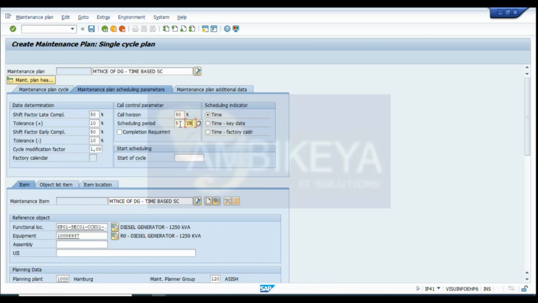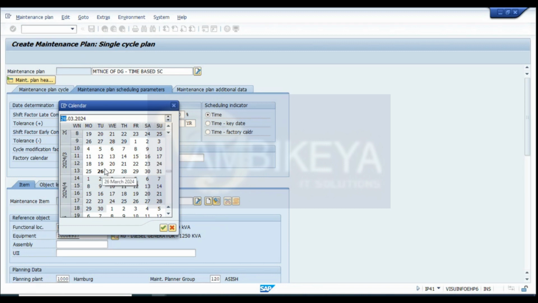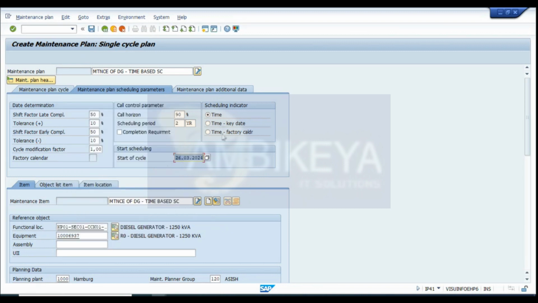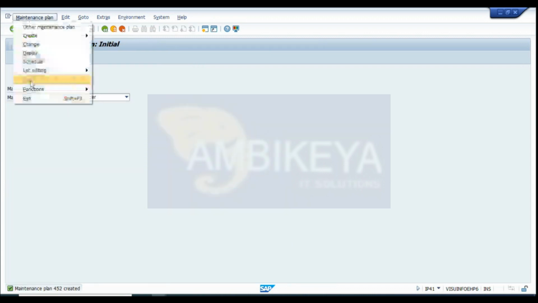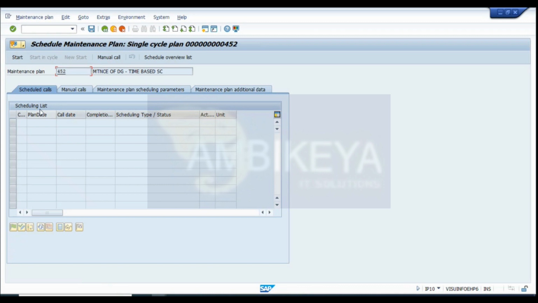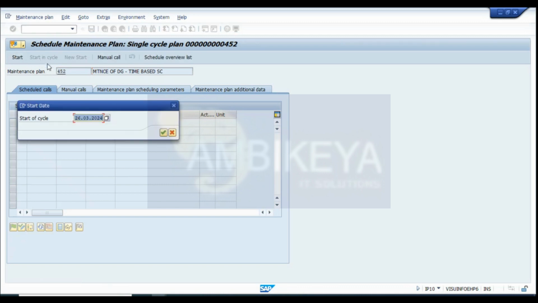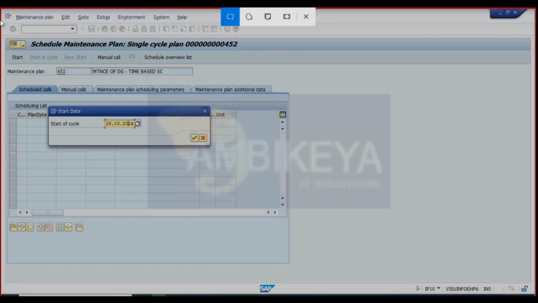Here 5 years or some 2 years I'll do it. Okay, start of cycle, example say today it is 26th, time period, maintenance plan scheduled 1000, okay, so save. Now let me go for the schedule of this one, enter start in cycle. इसमें साइकिल नहीं है ना, सिर्फ एक ही साइकिल है, इसलिए there is no start in cycle, ये तो मंथली है, कब से चालू करना है वो date दे दो बस, वो date देने से काफ़ी है आपके लिए।